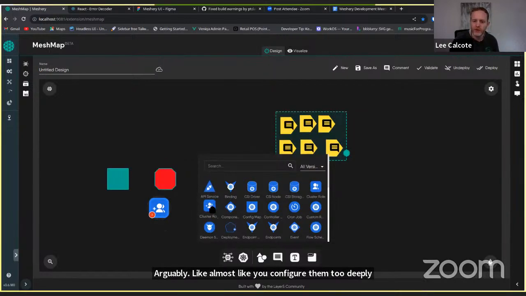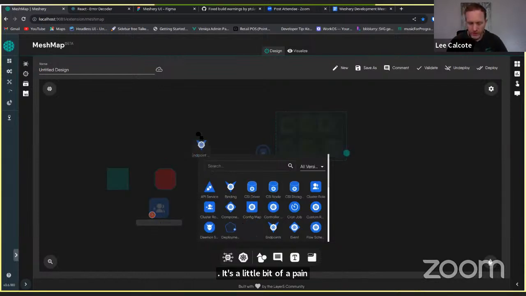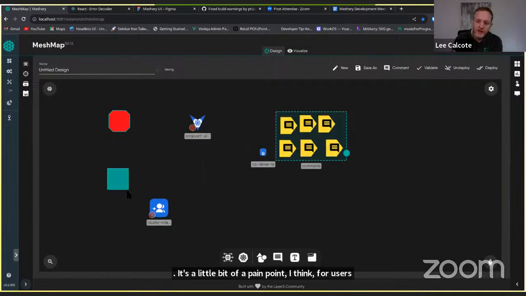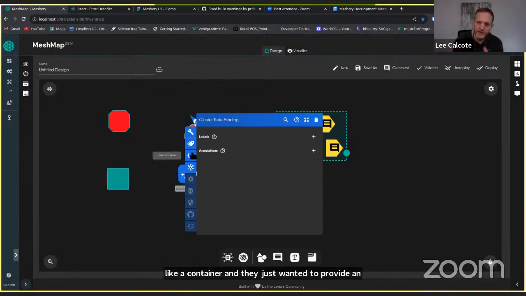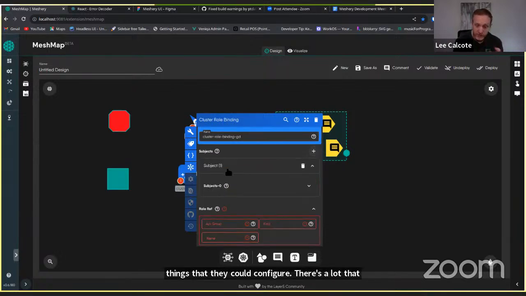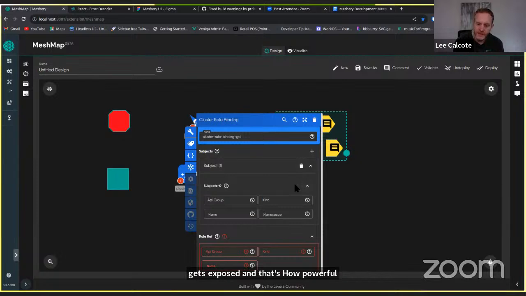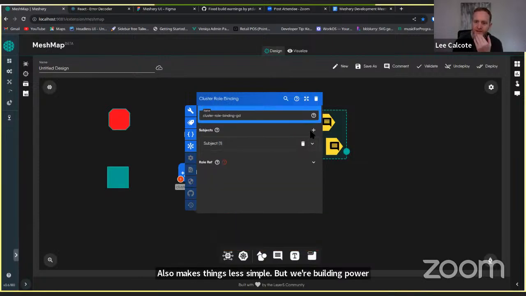It's a little bit of a pain point, I think, for unsuspecting users who are just trying to deploy a container, and they just wanted to provide the image name and that's it. They weren't aware of all the other things that they could configure. There's a lot that gets exposed, and that's powerful. It also makes things less simple, but we're building power tools here, not kitty tools or whatever.